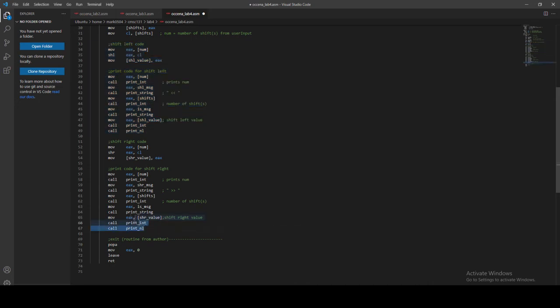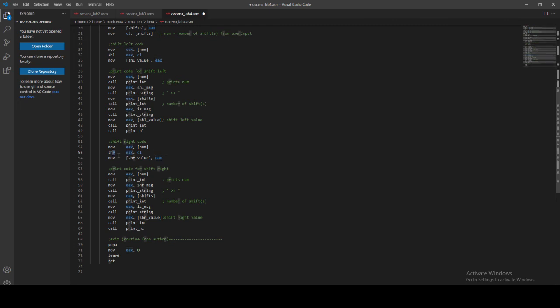This part here is for the shifting right. Basically, some of the methods are almost similar, but this time it's just going to be the shift right as seen here. So the same thing happens here. The number inputted will be stored in the EBX register since the value of the register changed earlier, and then the CL register over here will be the basis for how many